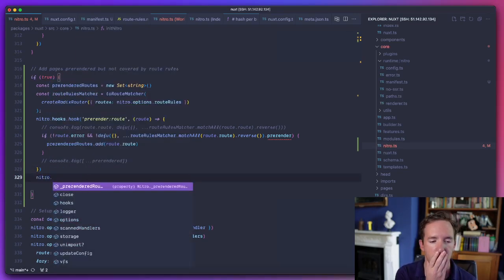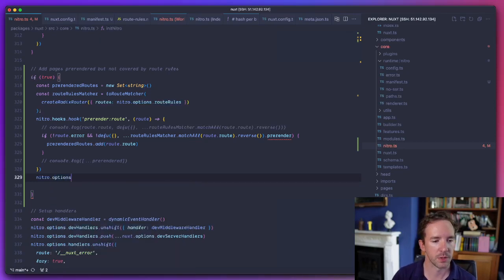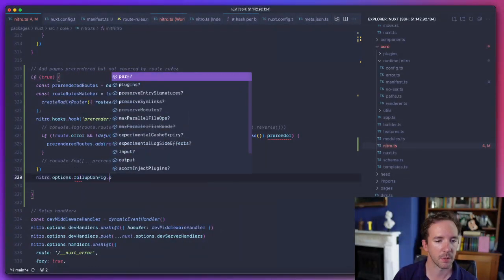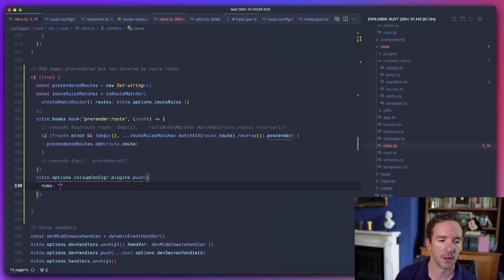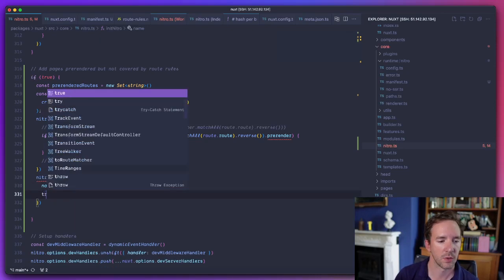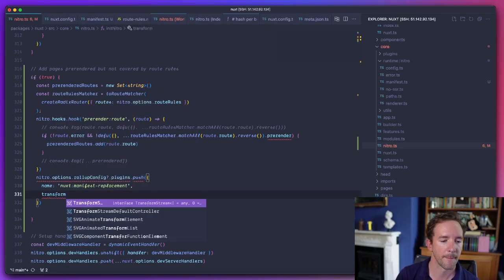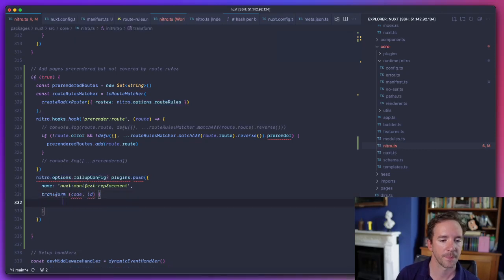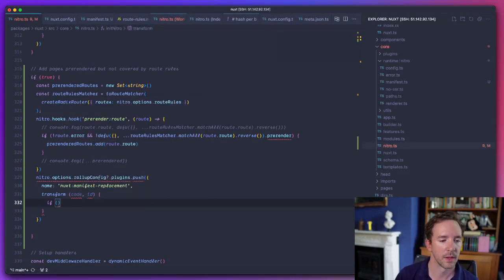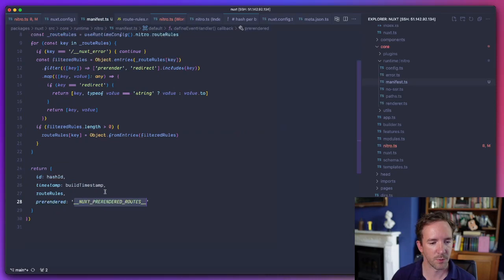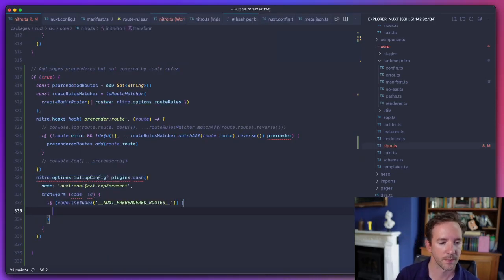Nitro options, rollup config, plugins, push, name is Nitro Nuxt, manifest replacement, transform, code ID, if ID, well, I'll simplify this performance-wise in a second, but for now, return code replace with